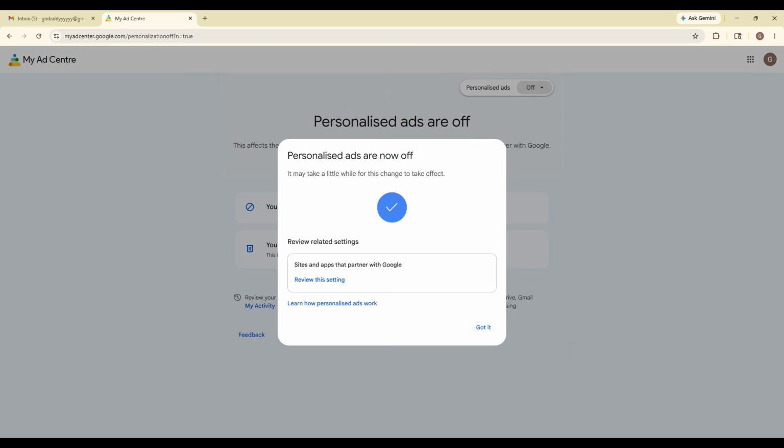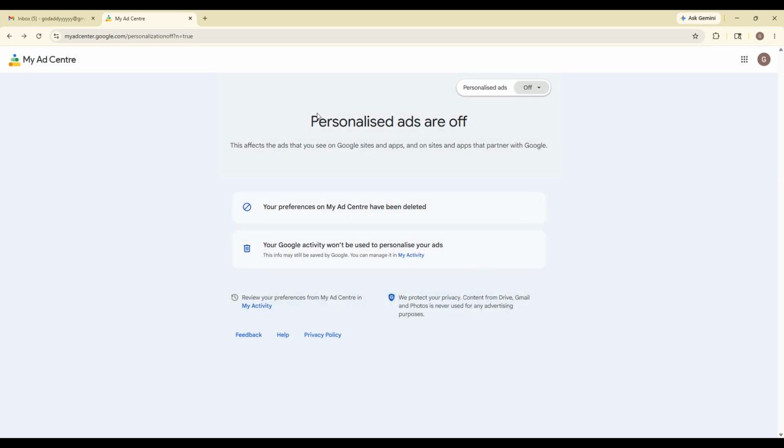After you switch it off, Google will reduce personalized ad targeting, which can help make the ads you see less based on your browsing and email activity. Keep in mind, turning off ad personalization doesn't necessarily remove every ad everywhere, but it does limit how targeted those ads are. So if your goal is a cleaner inbox and fewer distracting promotions, these two steps are the best